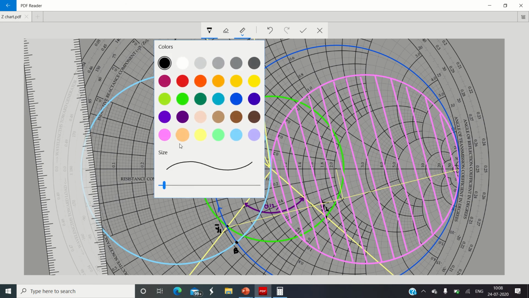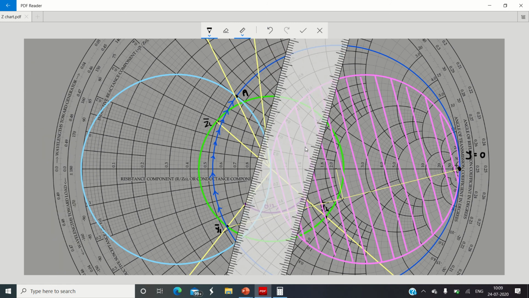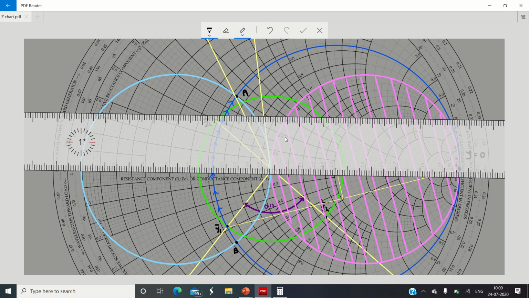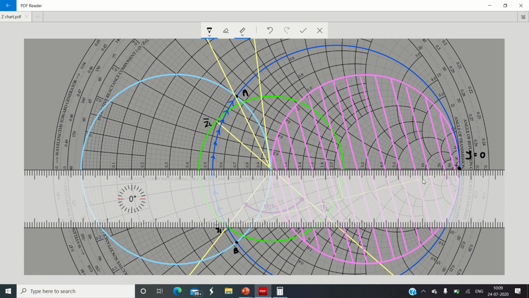I will take the black color again and increase the thickness a little bit. So this particular point represents admittance Y equal to 0. Please remember, this represents the short circuit point for the admittance. Here we need to read the WTG. We already know that the WTG over here is always 0.25. So you mark that this way, and here you can mark the line.